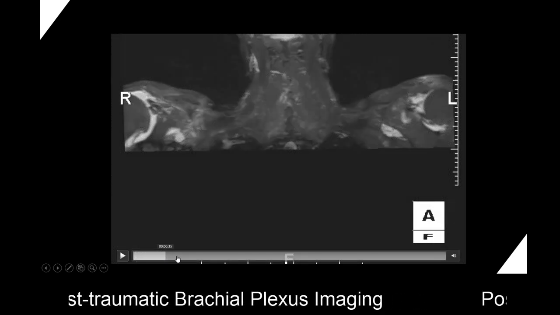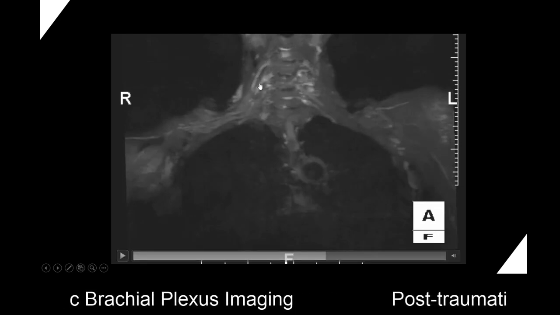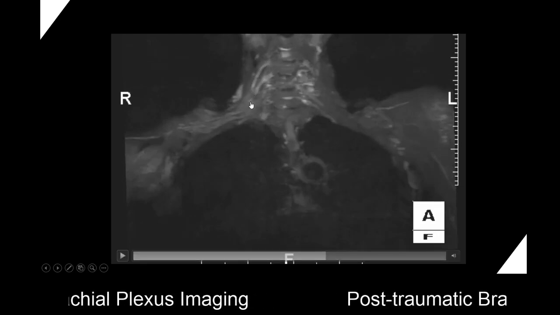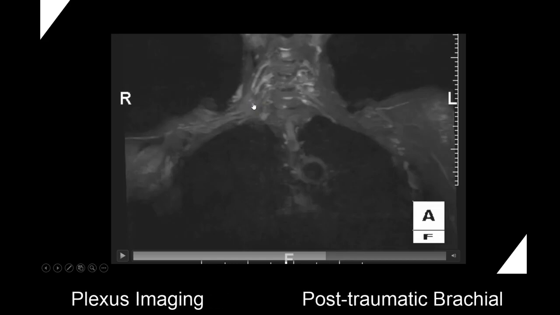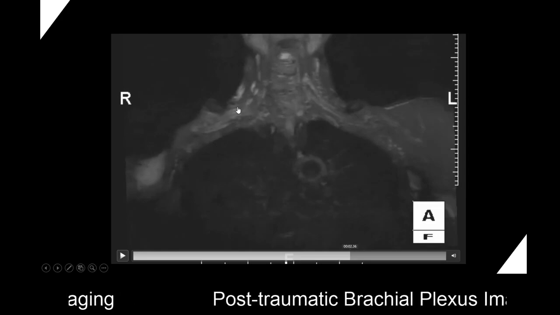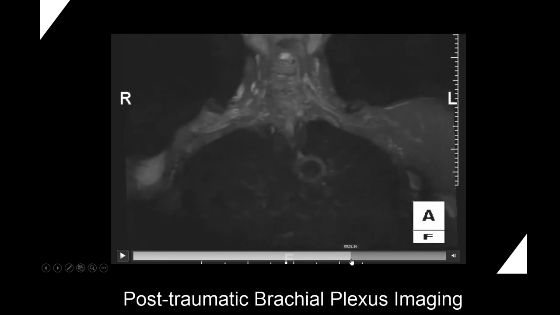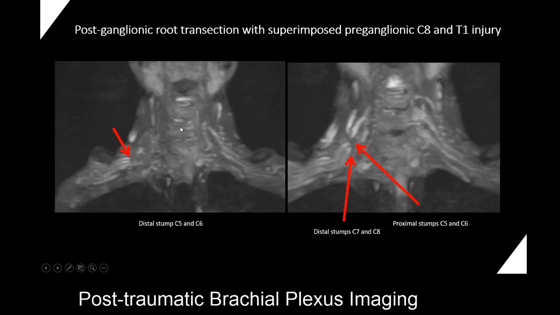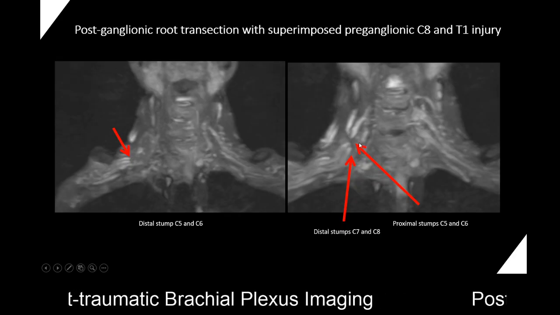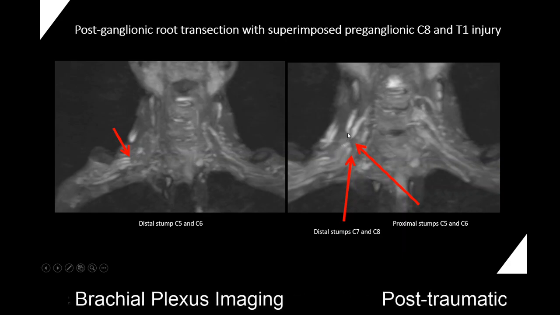This is the maximal intensity projection image, and so as you come further out here, you see that transection of 5 and 6, those end bulb neuromas of 7 and 8 here, and as we keep coming anteriorly and laterally, you're going to see the retracted 5 and 6 over here, and then for comparison, the opposite brachial plexus, normal. So the still image is showing this retraction here, and so there's a gap of about this far between the